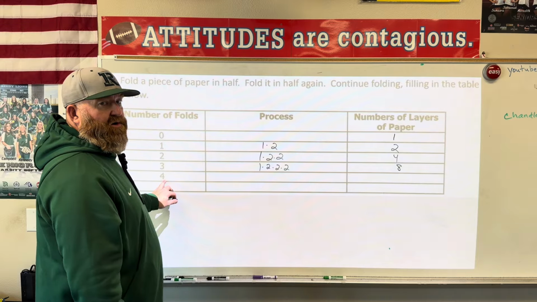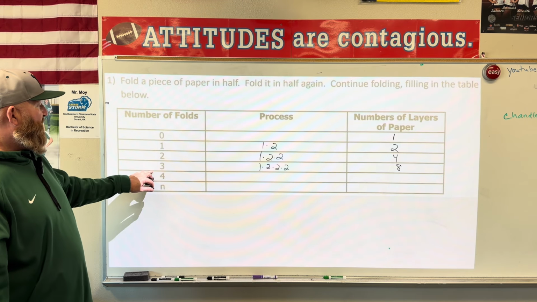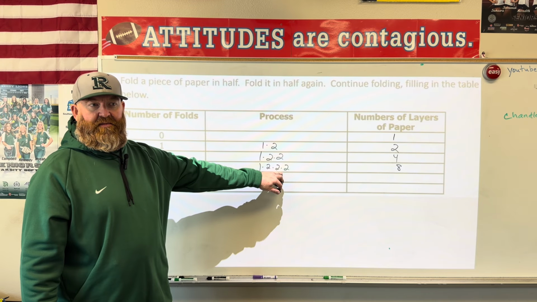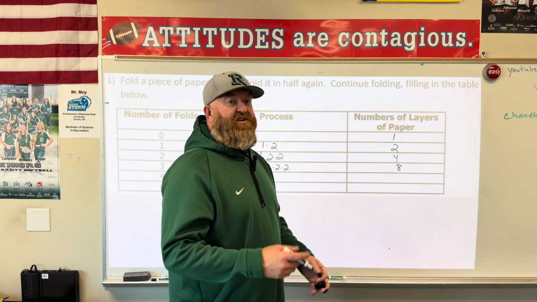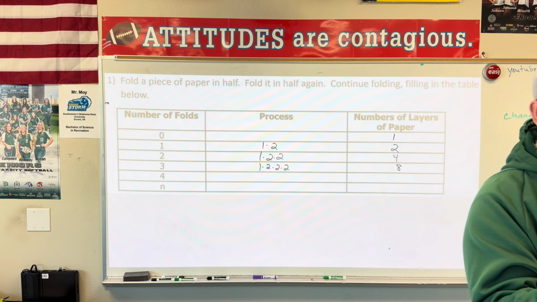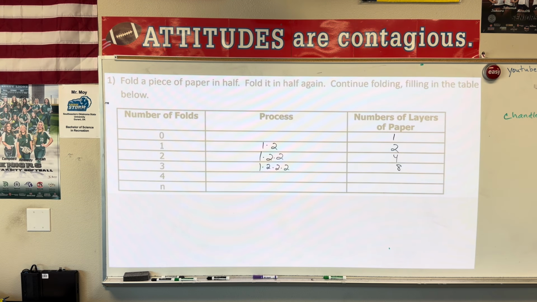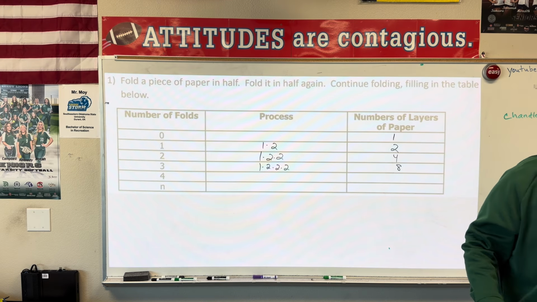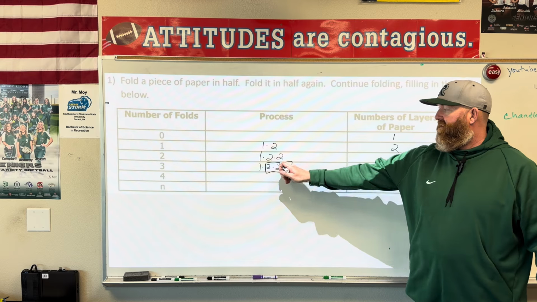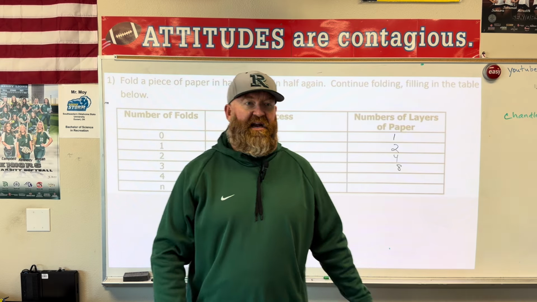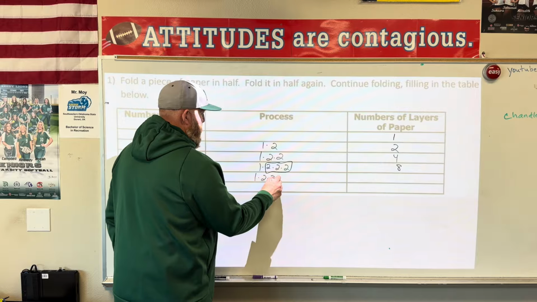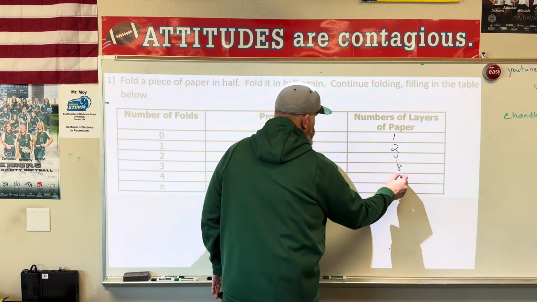So what would the fourth be? Now, hold on. What am I doing? The number of folds matches the number of 2's. Basically, right? What am I doing? I'm multiplying it times what? Multiplying it by 2, because every time I fold it, what happens to the paper? It gets smaller, but what happens to the layers? It doubles. So we multiplied it times 2. Okay, so with 3 folds, we have 3 2's. So we have 4. How many 2's am I going to have, guys? Not 16 2's. 2 times 2 times 2 times 2, which is 16 layers deep.